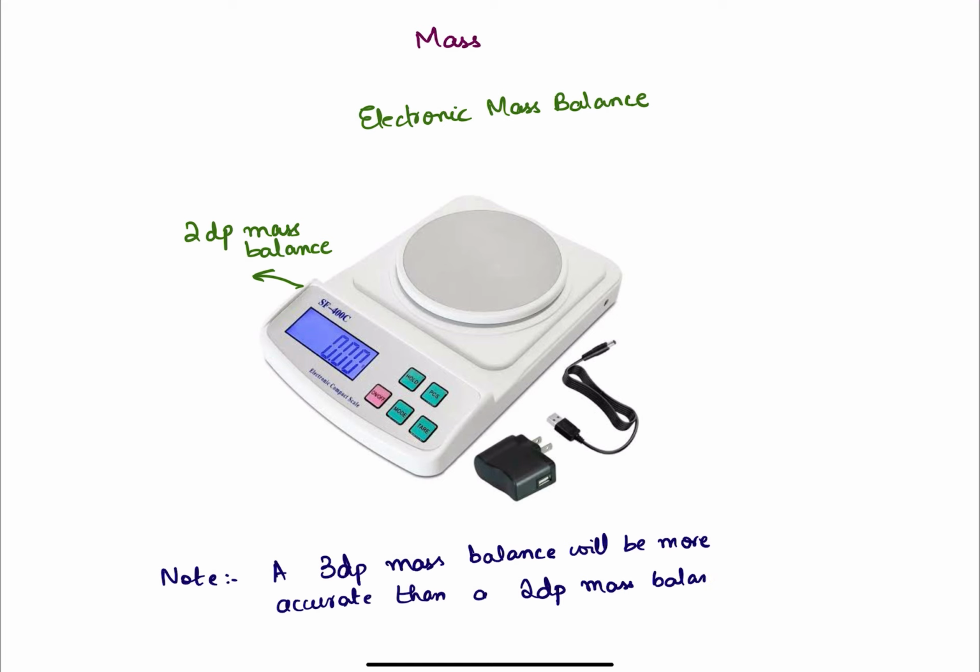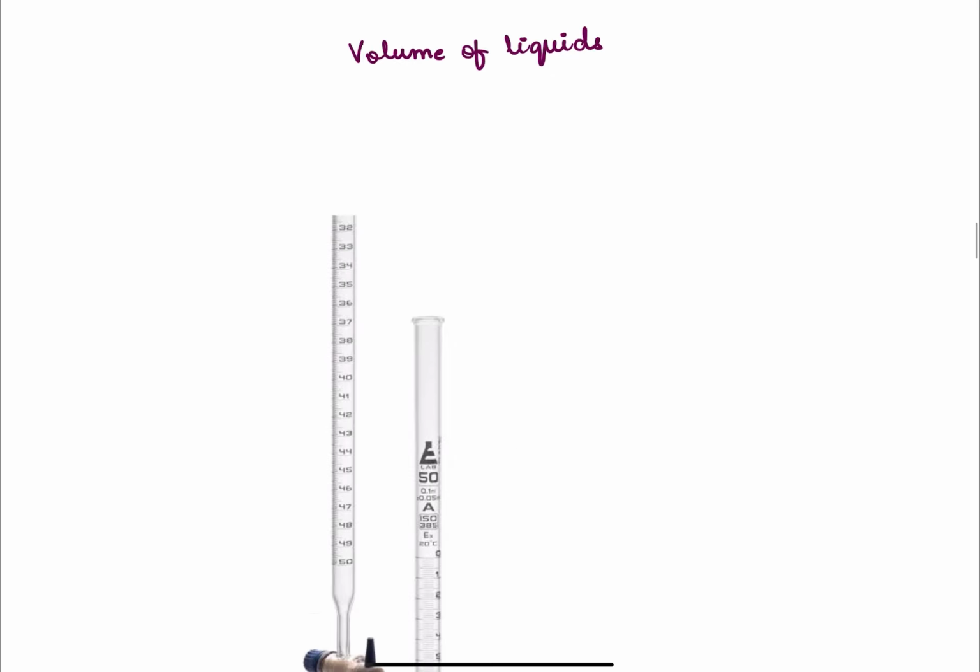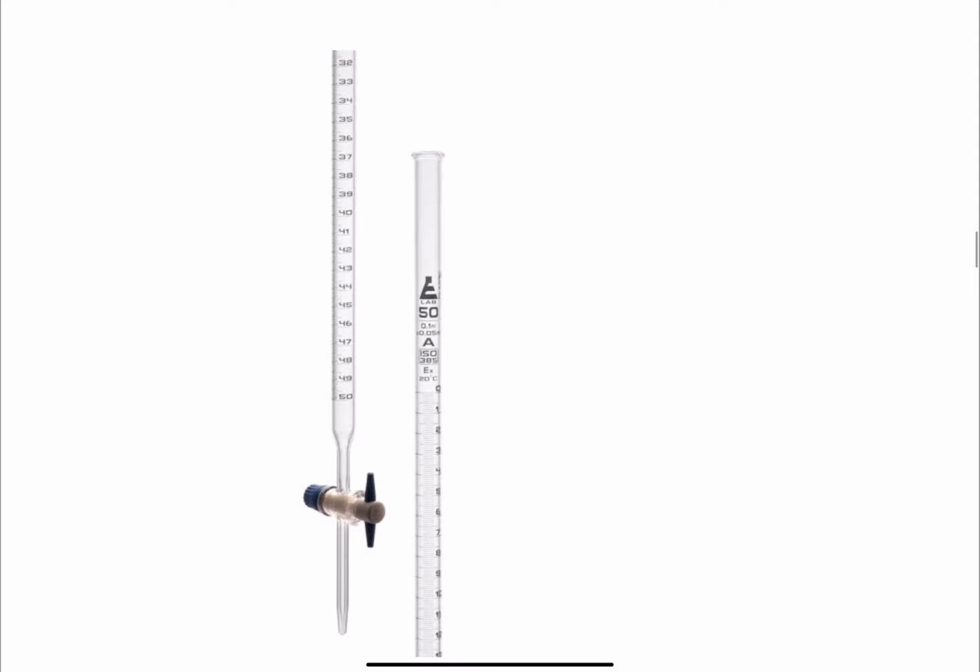And for masses, we just use electronic mass balances. We don't use beam balances because it's not an accurate way of measuring masses. The beam balances are obsolete right now. In terms of volumes of liquid, the most important